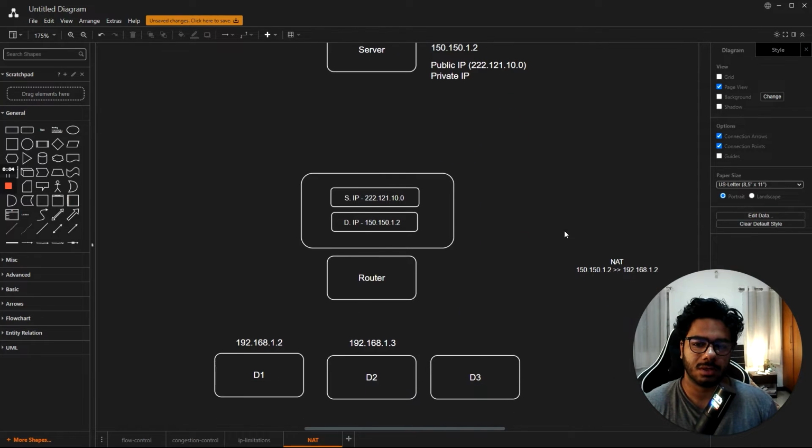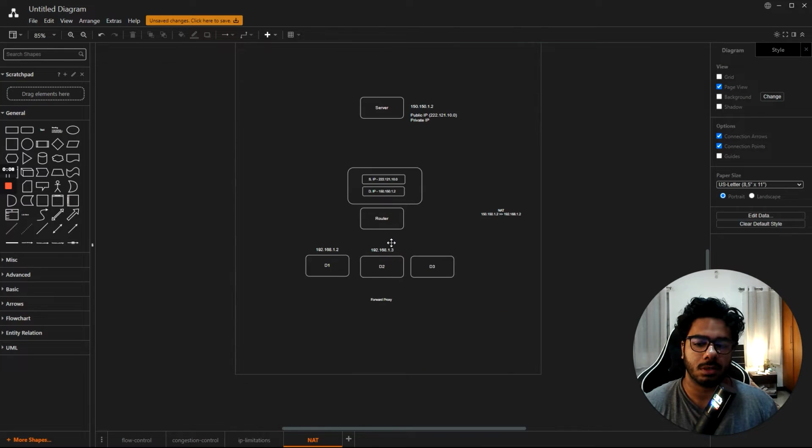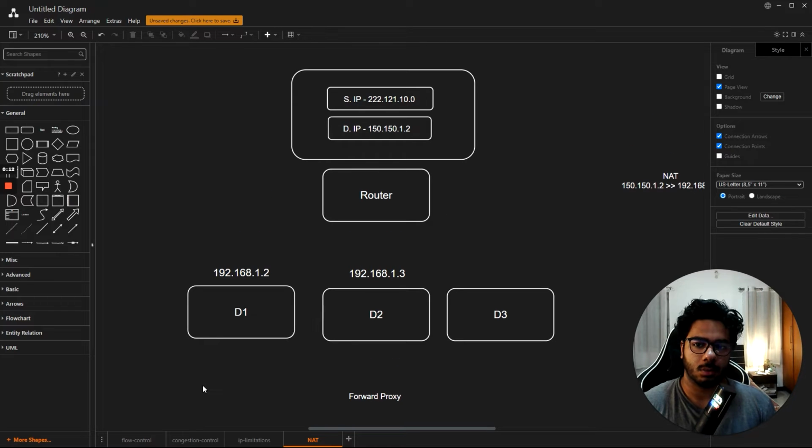So this is sort of a continuation from the last video itself, where we discussed NAT and we mentioned forward proxy once in the whole thing. What forward proxy basically means is one entity is representing some other entity or entities, that sort of a thing. So what we discussed was, in the outside world,